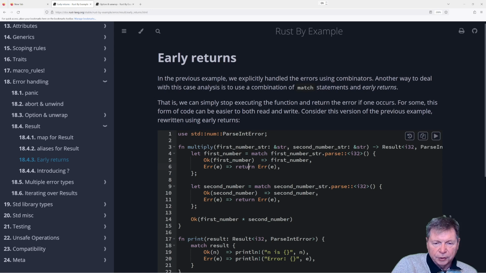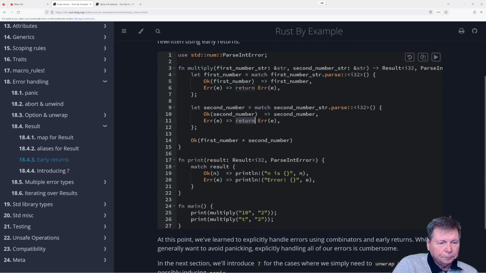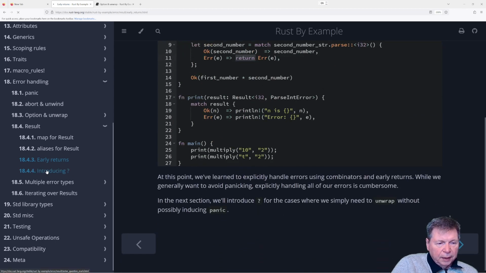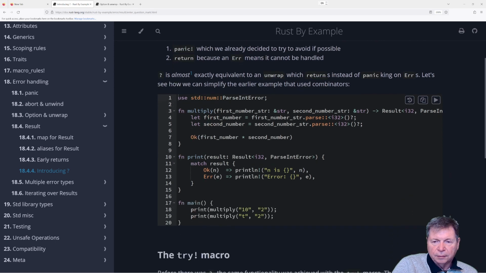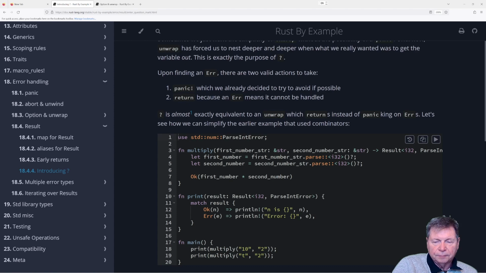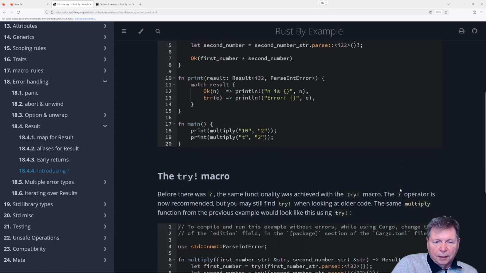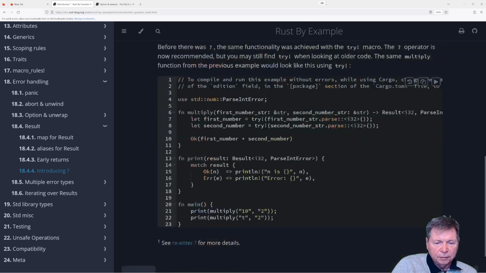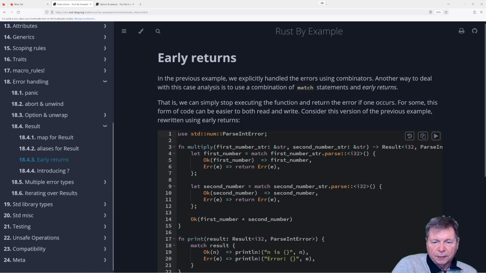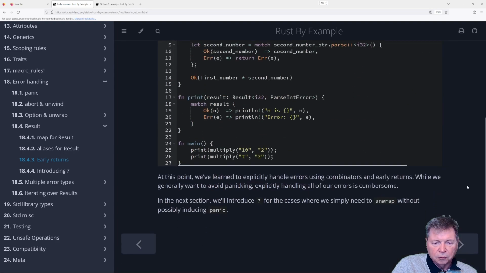So we've got error, return error, return error. I see, that's what they're talking about. The early returns. And then question mark. Right. So now we can, instead of, okay, right. Okay, that kind of does the same thing, but we have question marks instead of this okay error thing. We could just put question marks in. Sure, why not?